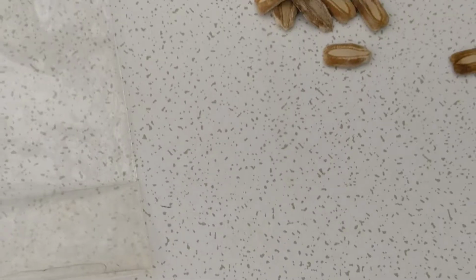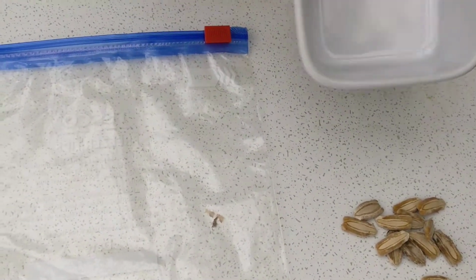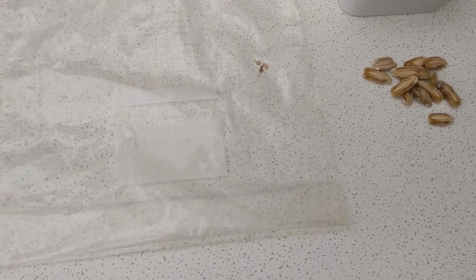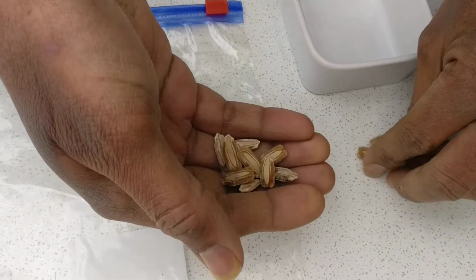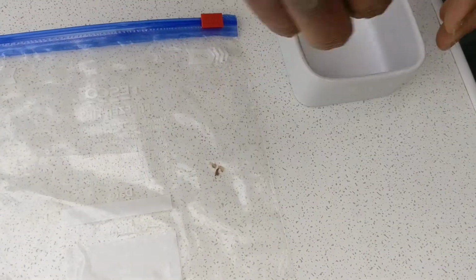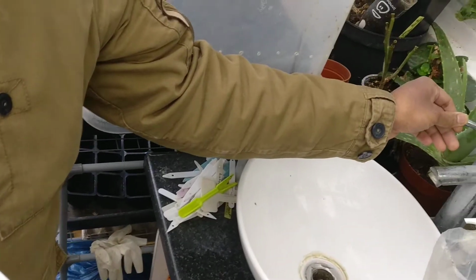So here I have taken bottle gourd seeds, a Ziploc cover, and a couple of tissues. This is a bowl where I would soak the seeds. So when I start, I take the seeds, put them in the bowl, and then go to the